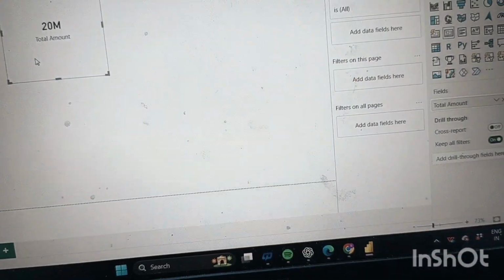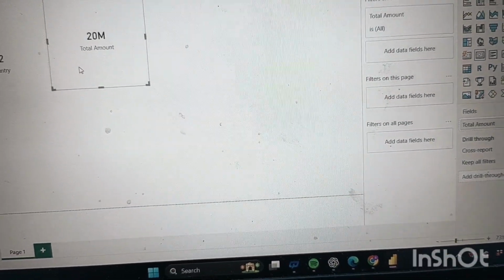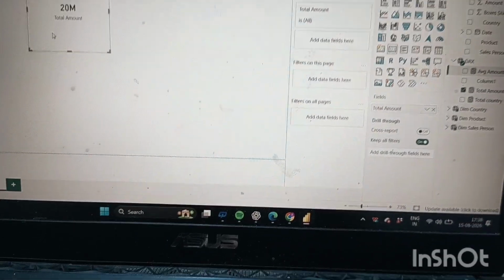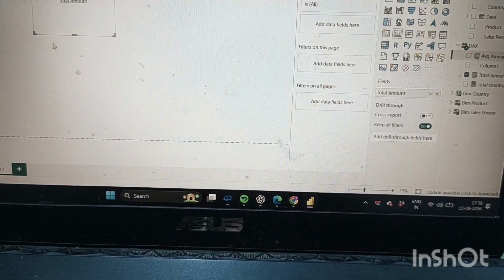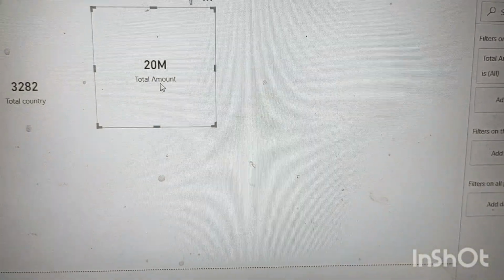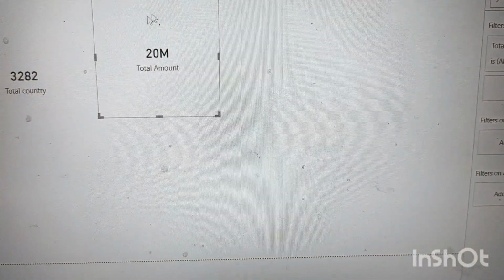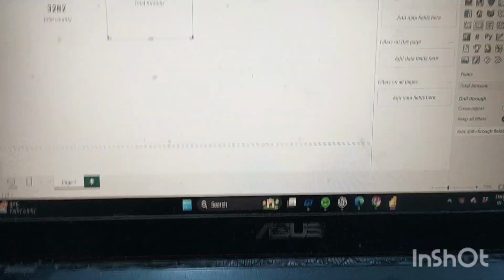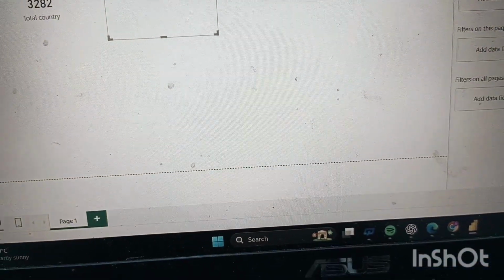This is also DAX, also called a calculated measure. And it has the sign of a calculator. We can understand that this is a measure, and a measure is always visualized by using cards or KPIs. Both are the same.